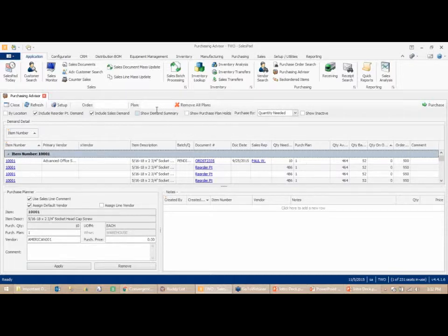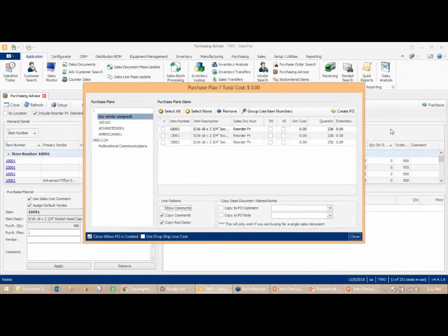So I've assigned that. I can come up here, select my purchase plan ID, and then go to my purchase options, and that's going to automatically filter through all of my items, and anything that had the purchase plan ID of 1 assigned to it, it's going to bring that into my purchase order maintenance screen here, where I can go through vendor by vendor, and I can see all of the different quantities and part numbers that I need to order. So for this vendor Advanced, I've got three of the same item I need to order,